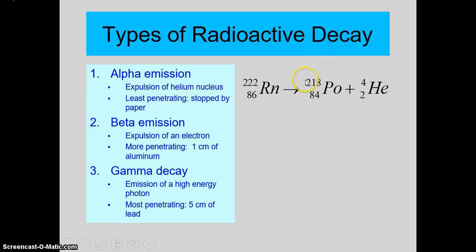And also the 4, which is the mass number of helium, that plus whatever this number is must give you what you started with. So the numbers across the